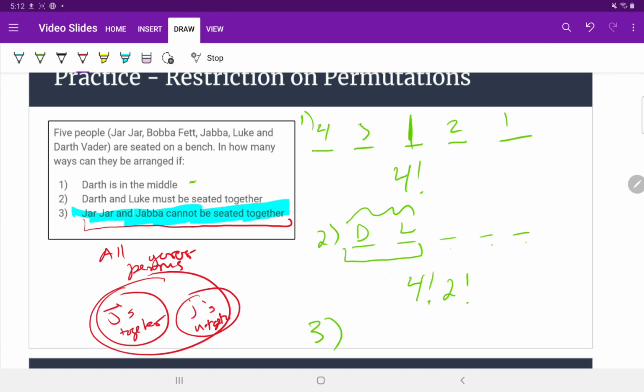Okay. So if I figure out all the ways that they're together, and then I subtract that from all my permutations, then all that's left is the ways that they're not together. So luckily, in part 2, I actually figured out all the ways that 2 people can be together. So 4 factorial times 2 factorial is all the ways that any 2 people can be together. It doesn't matter if it's Boba Fett and Jabba or Luke and Jar Jar. Who cares who the 2 people are? This is all the different ways 2 people can be together with no other restrictions. If I'm having no restrictions in general, and by the way, I'll just make this little note. So no restrictions